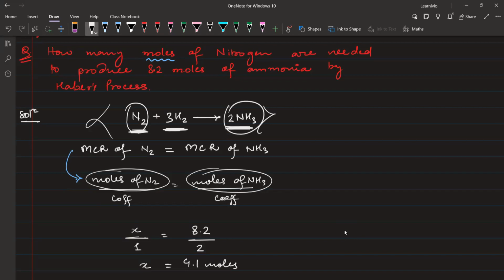Okay, because that is the only chemical species which are involved. So I will say 1 mole of nitrogen gives 2 moles of ammonia. Read, say it: 1 mole of nitrogen gives 2 moles of ammonia. I can reverse it by saying 2 moles of ammonia